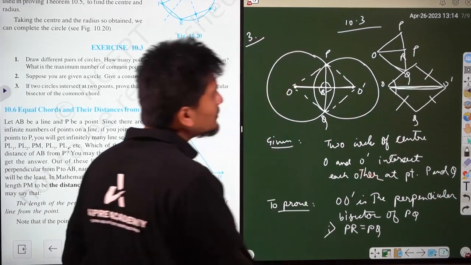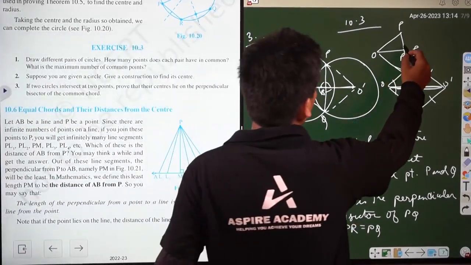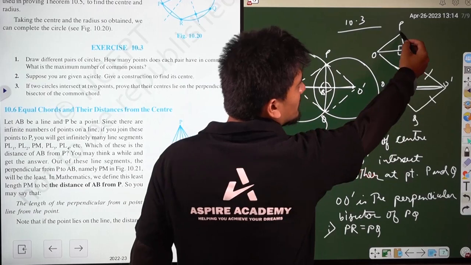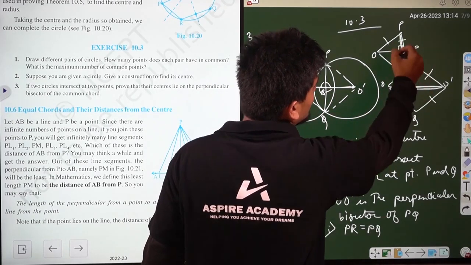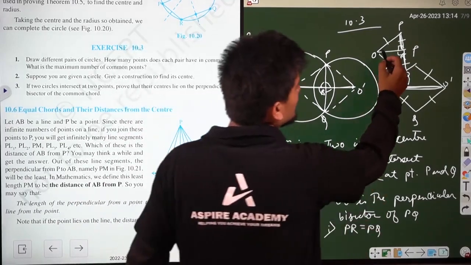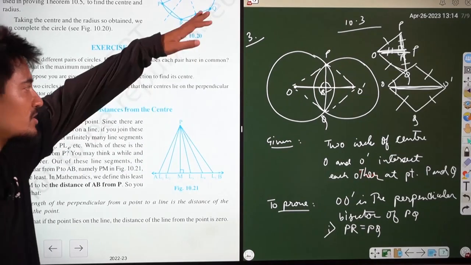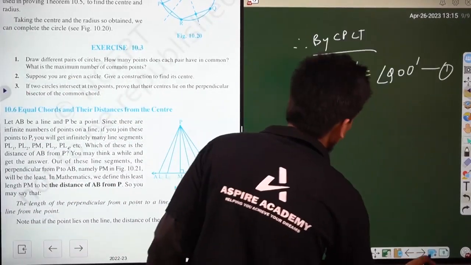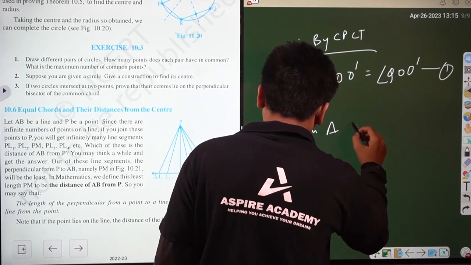Okay, so they have the same angles because this is the perpendicular bisector, so definitely this side will be equal. This is the radius, this side will be equal, and this side is the common side, this is also equal. So similarly in triangle